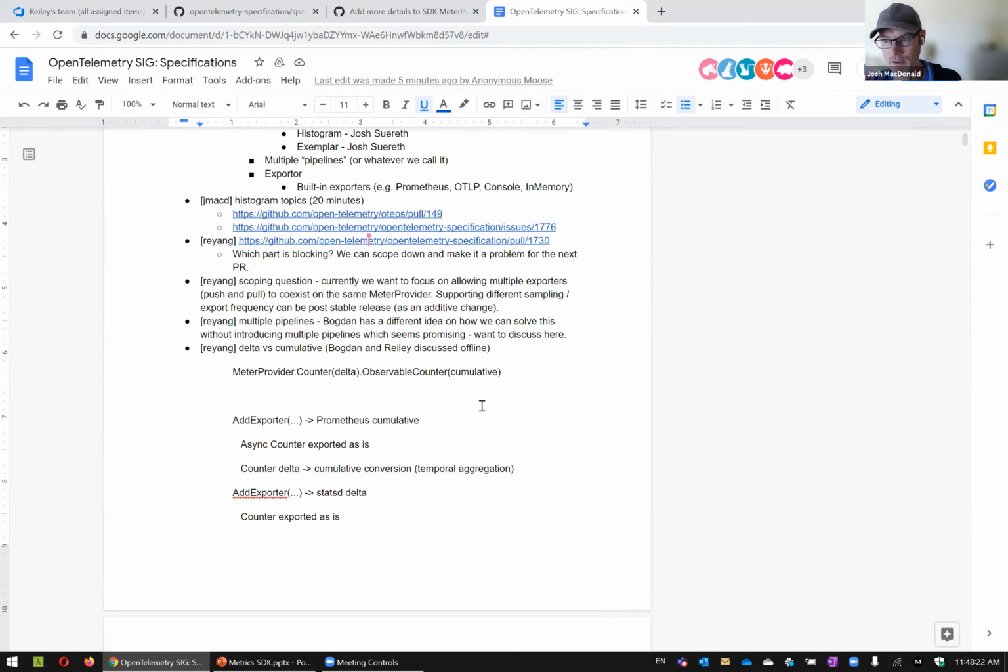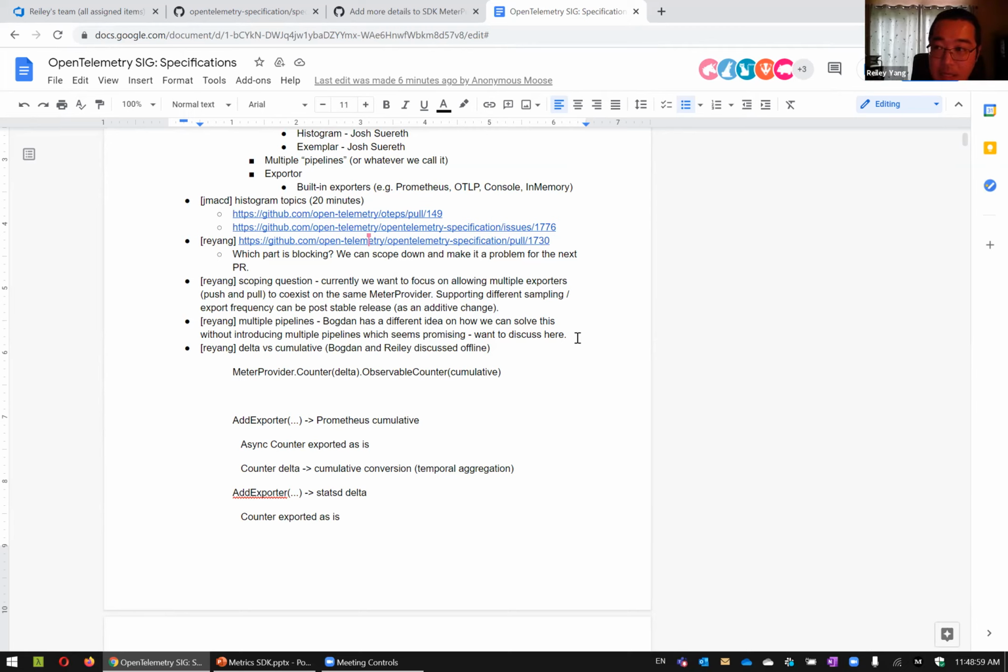But this component that I'm calling processor is really just responsible for any state that happens to be in the pipeline, because it's receiving updates and it's being read by exporters. There's this kind of special stateless case where you don't need any state in that processor. And in that case, you just pass through and remember nothing. And all the outputs of the accumulator go straight into the exporter. That's the case where you're exporting deltas.